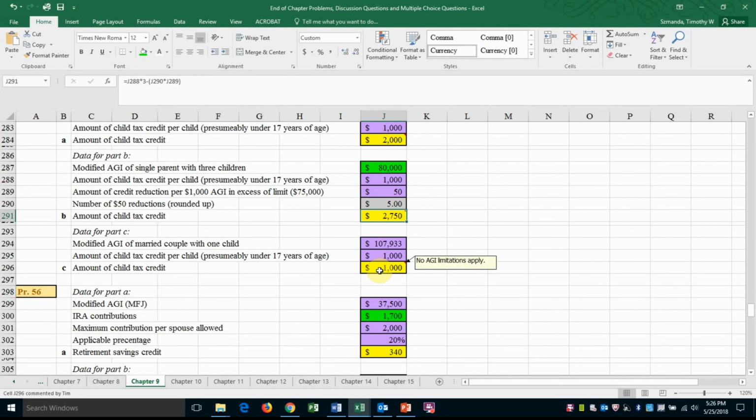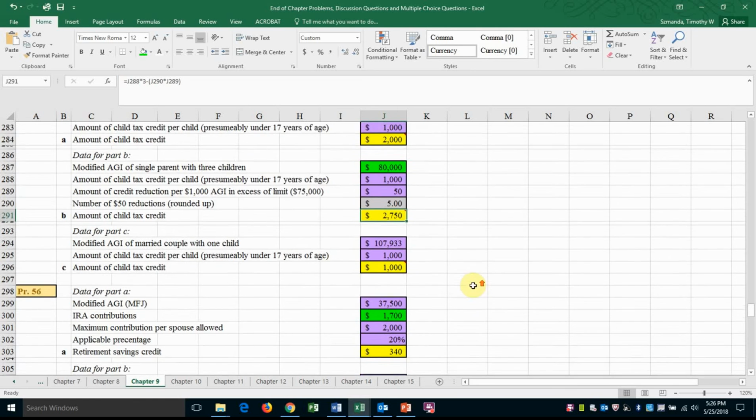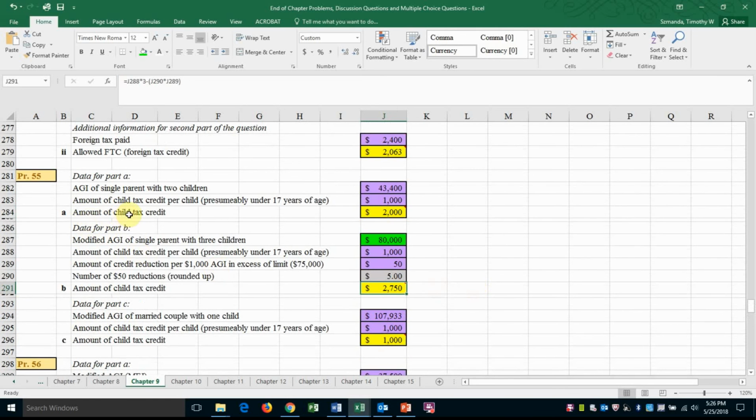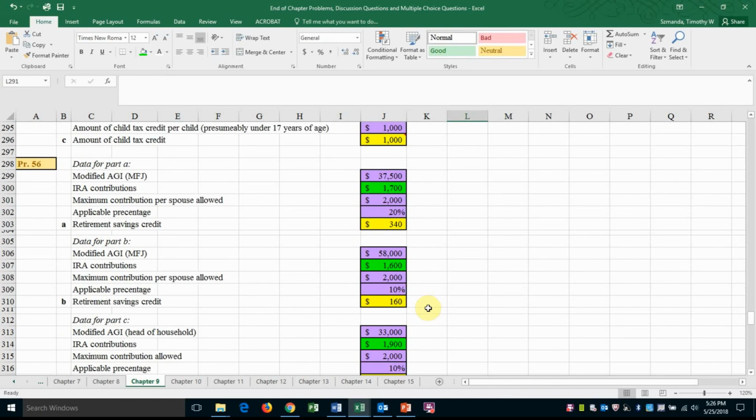There are no AGI limits that apply in this case to the married couple with 1 child, so it's just 1 times 1,000. Alright, so that's the child tax credit, including an example of a phase-out of at least part of the credit. Over to number